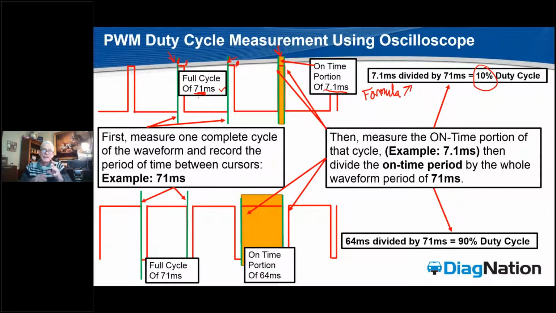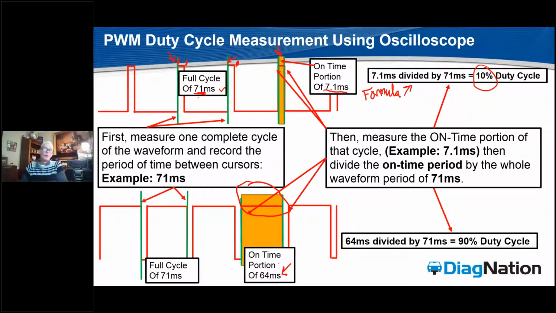Now, the same thing can be done for 80, 20, 70, 30, 50, 50, doesn't matter. Same math applies and the same measurement. We're always going to have a smaller number than the whole. No matter whether it's 7.1 or down here, we measured the 90% on portion right here,